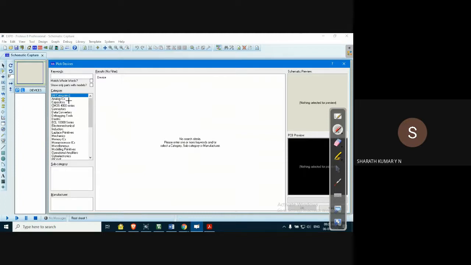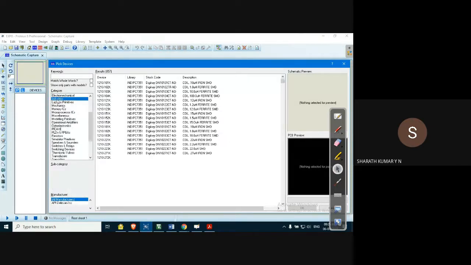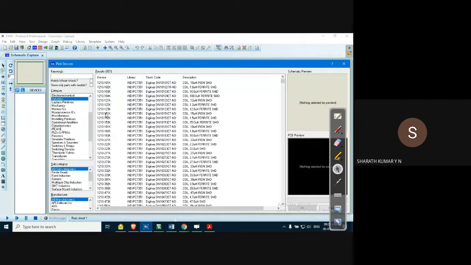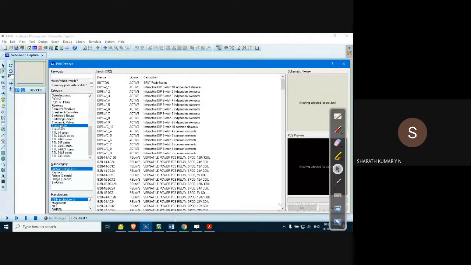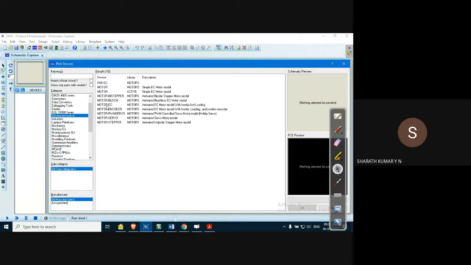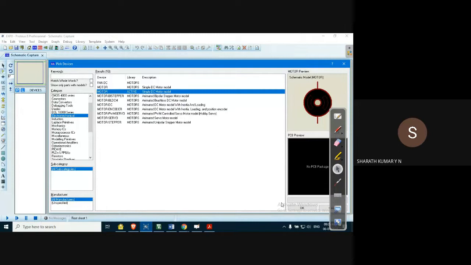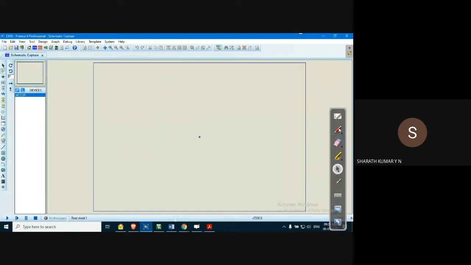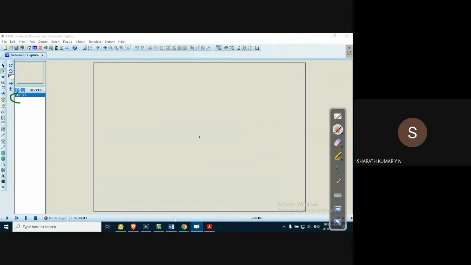Here we can see on the left hand side that all the components available are grouped into various packages. For example, inductors, basically we can call it a library of devices, switches, and you can select transistors, transducers, and various others, like diodes. You can select one of the libraries, and then select one of the components and say OK. On the left hand side you can see that the component is placed in the library where we are presently working.